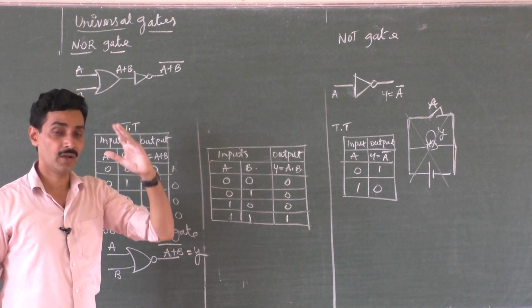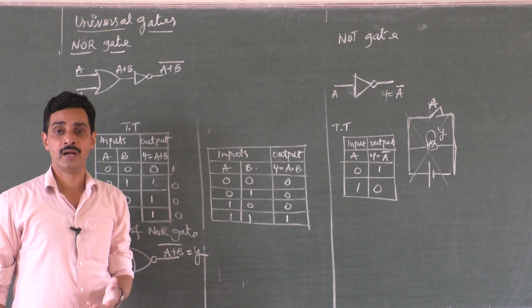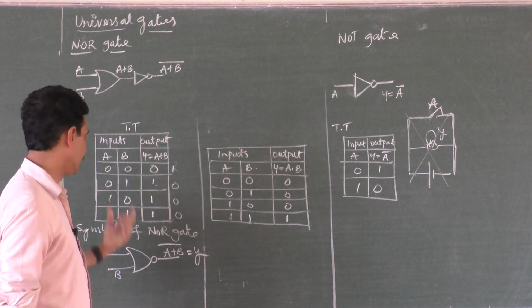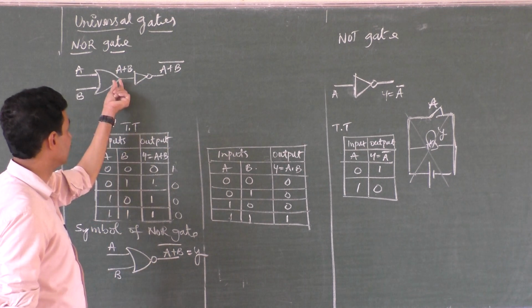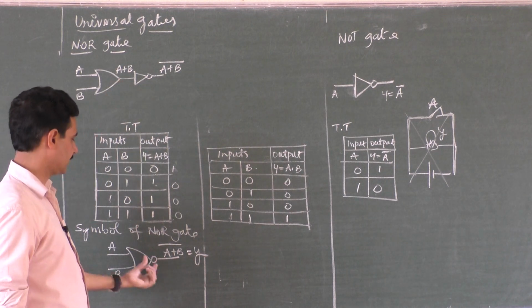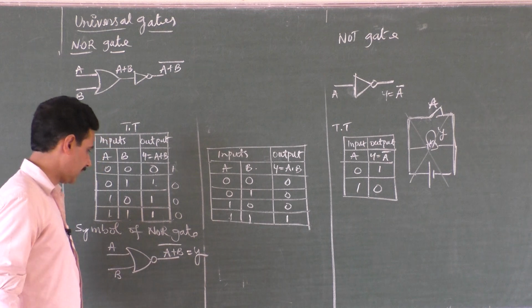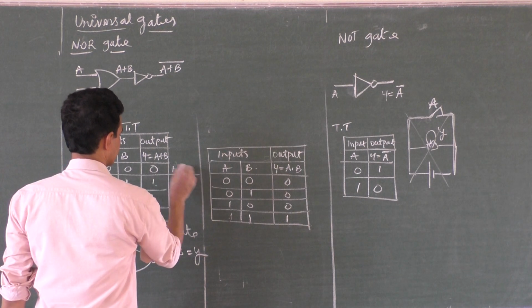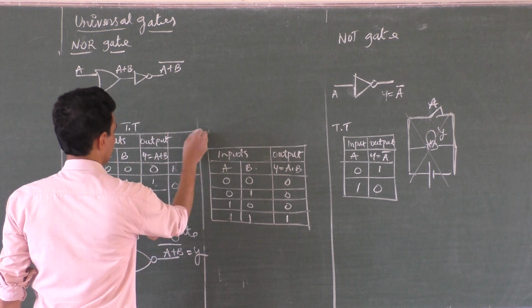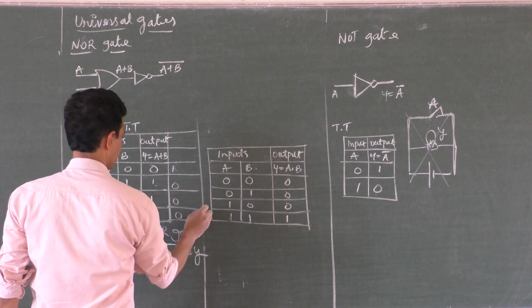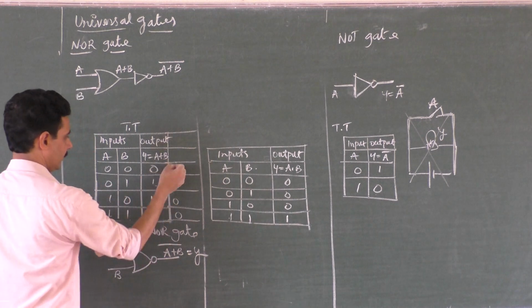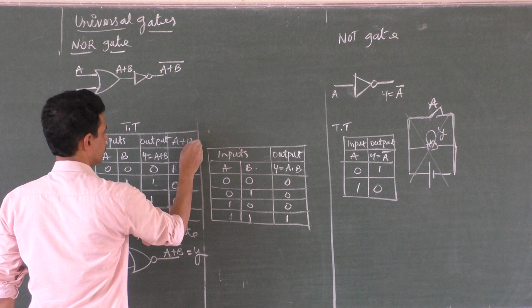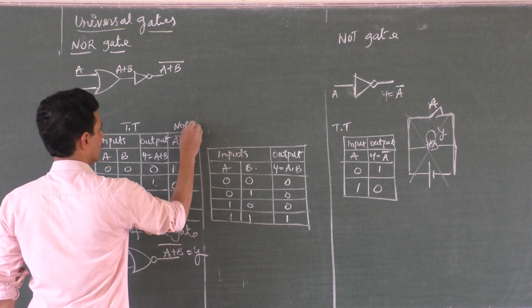What are the logical circuits you have combined to get the NOR gate? That circuit. But as a symbol, put a NOT gate here, simply a bubble. That is enough. That means there is a NOT gate here. A plus B bar. So what is the output of the NOR gate? It is complemented. This is Y, A plus B bar. This is NOR and this is OR.